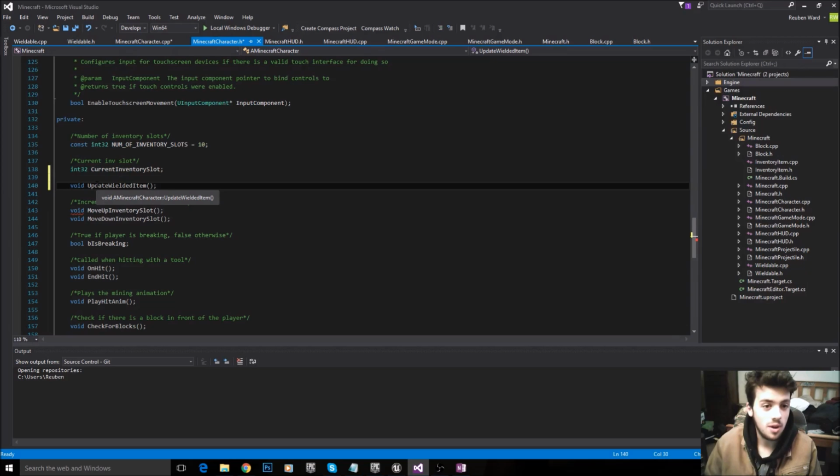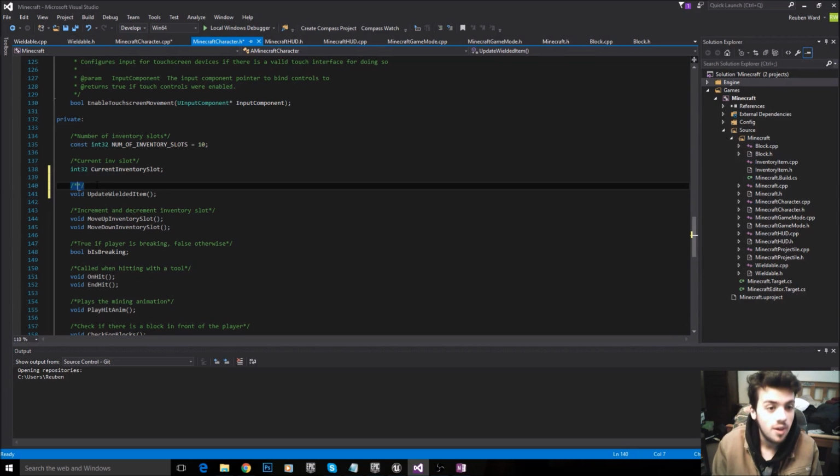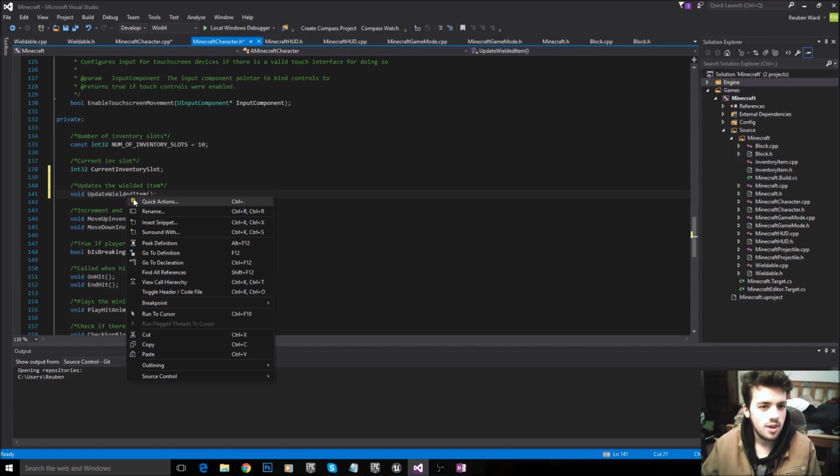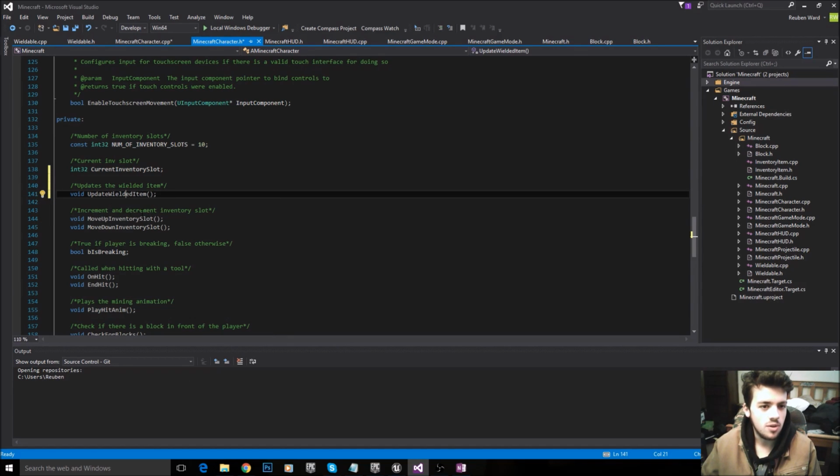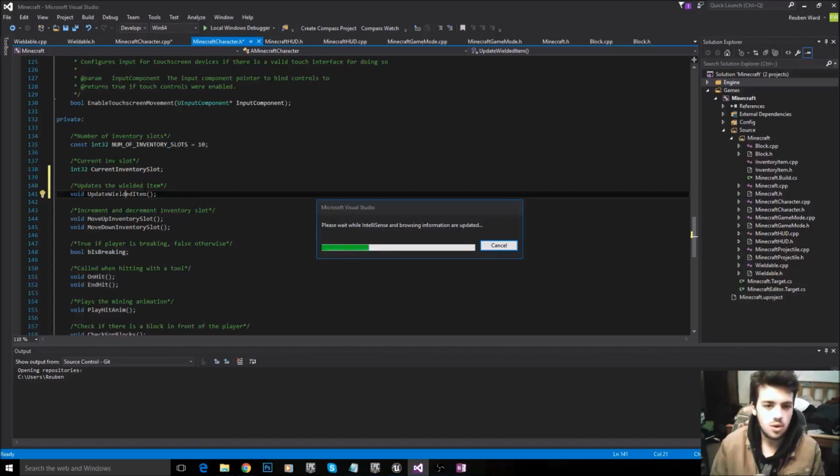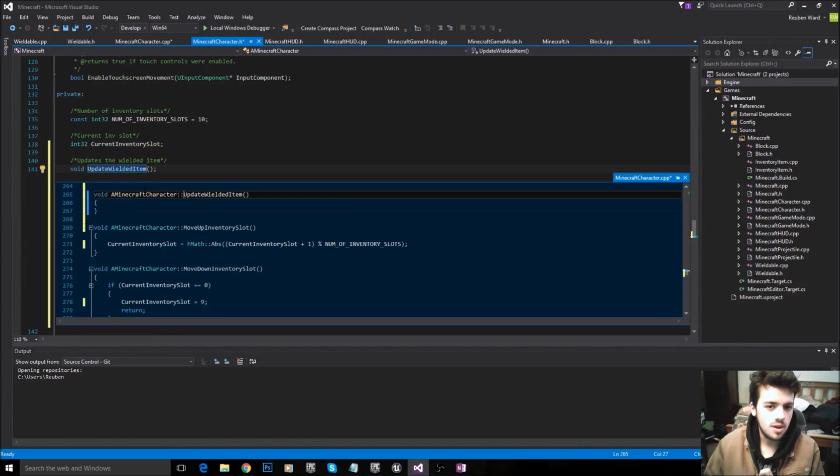I lost my old one, I took it away with me and lost it, so if my typing is awful, please forgive me. But anyways, this function is about 7 lines long. It's a very short function, and it just updates the wielded item. So it checks what is the current inventory slot, is there an item there? If there is, then wield that item. So I'll show you guys how to do that.